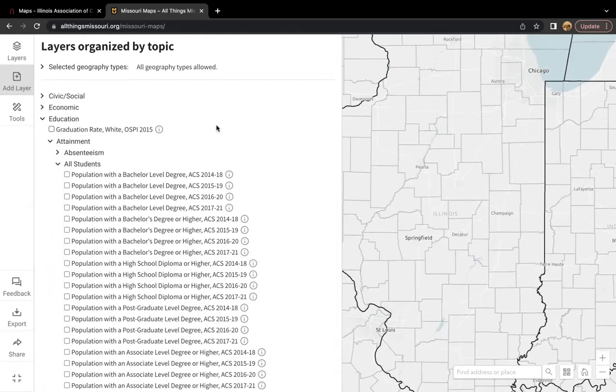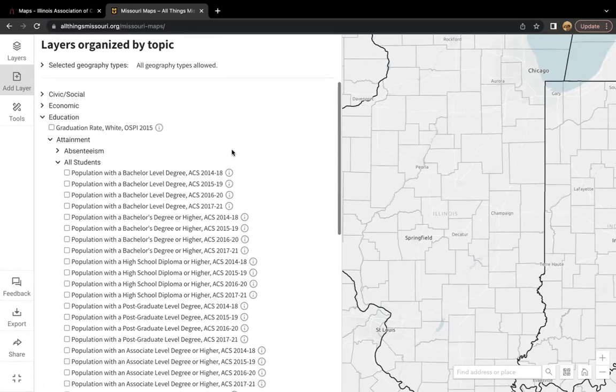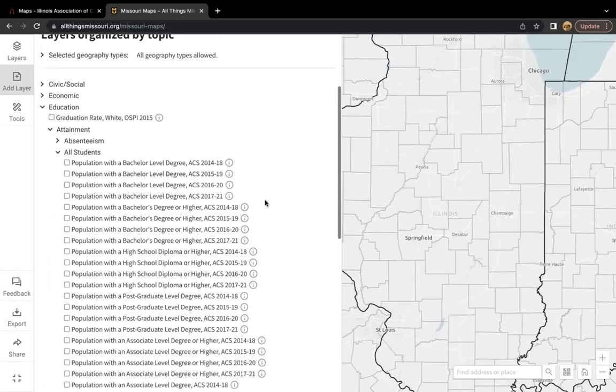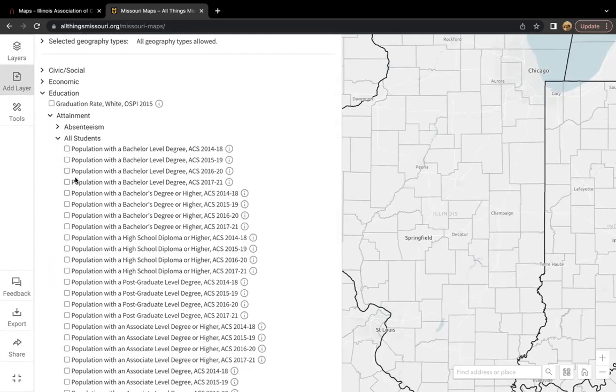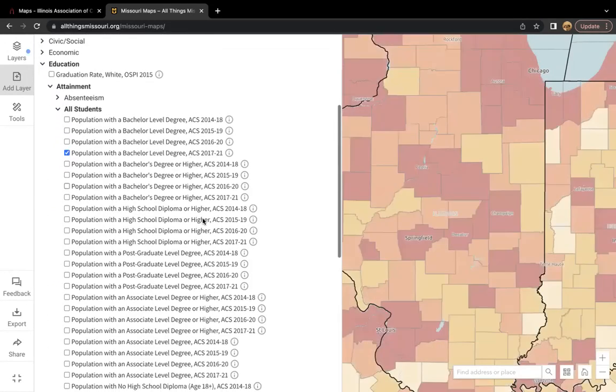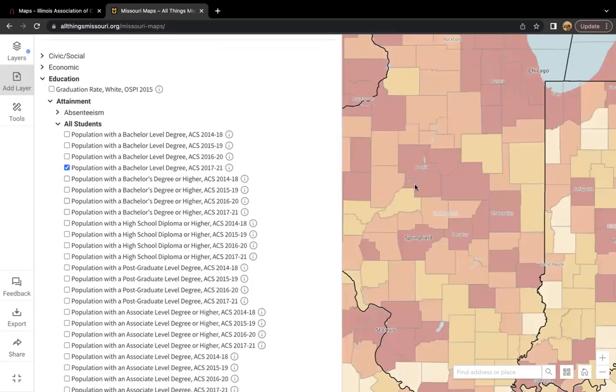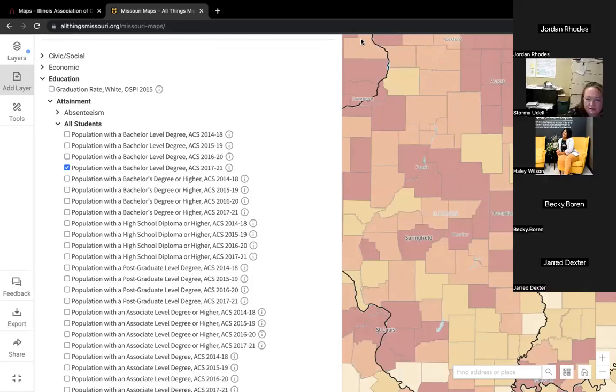So if you want to think about changes over time within a certain data category, the map room is the place to explore that. For now, we are going to look at population with a bachelor level degree. Note that this data loads automatically onto your map.